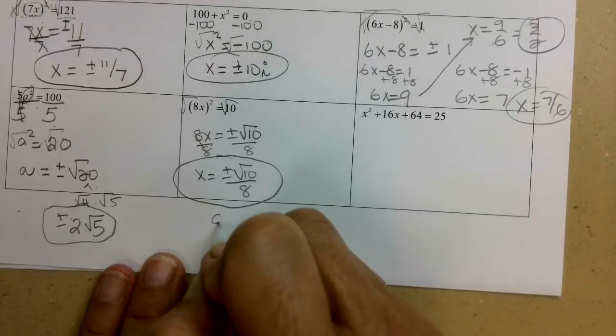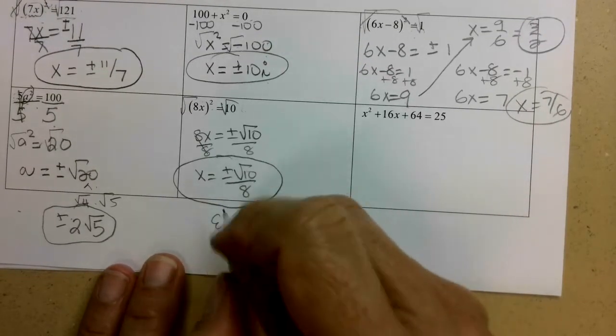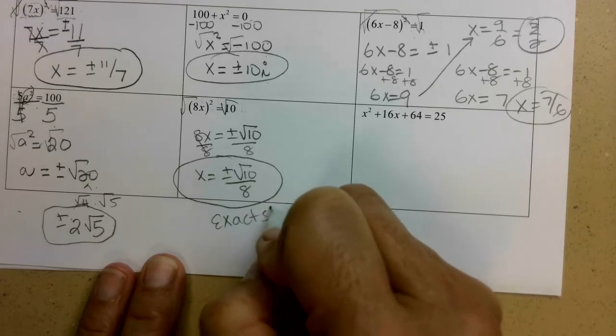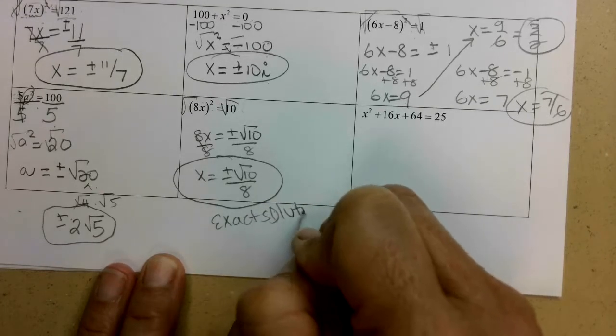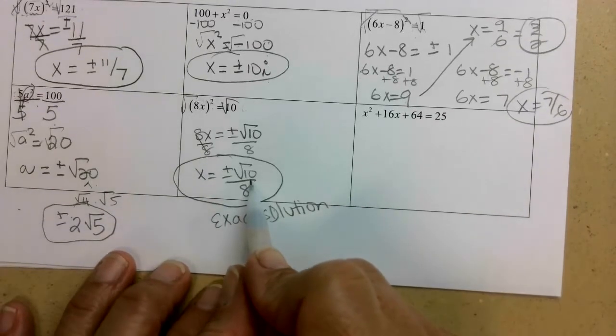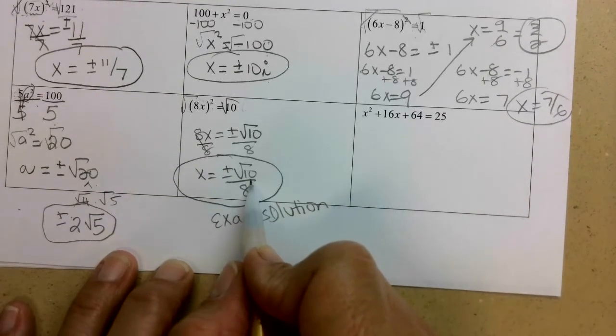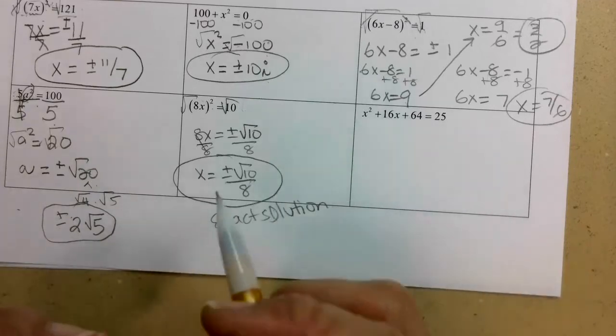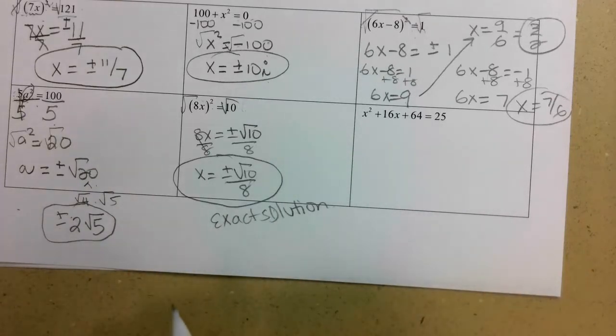Just so you know, this is what we are going to call, and there are a couple of these up here, an exact solution. The square root of 10 has all of the information. It has all of those decimal places that we're not writing down included in that number when we write it like that. If you use your calculator,